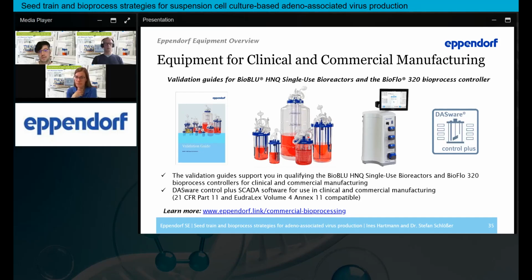For cells like HEK293 cells that need an attachment surface, this would be an option. And by the way, using these also makes scale up easier, because you can just add more of these microcarriers to your culture, and the cells will have new surfaces to attach to. You don't need to change the whole bioreactor for your next scale up step. So this is one option.